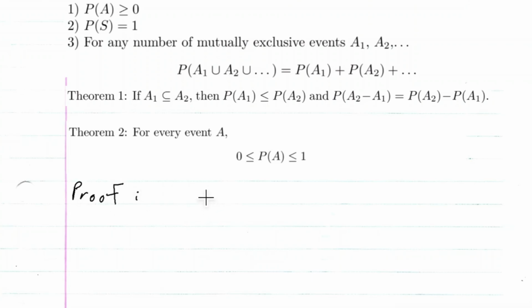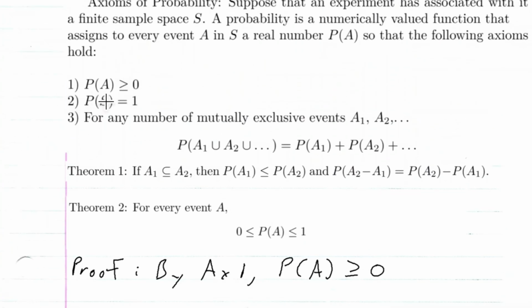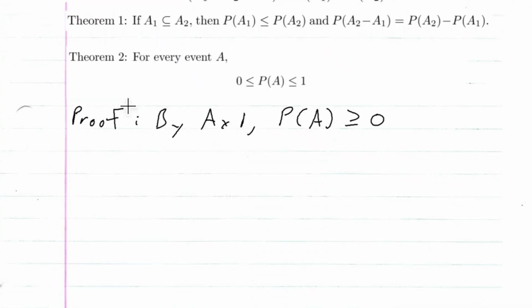Okay, for starters, we know by axiom 1 that the probability of any event is bigger than or equal to 0, right? So at least we met this condition. Now I'm going to be working on this condition using the previous theorem and axiom 2. Okay, so we know